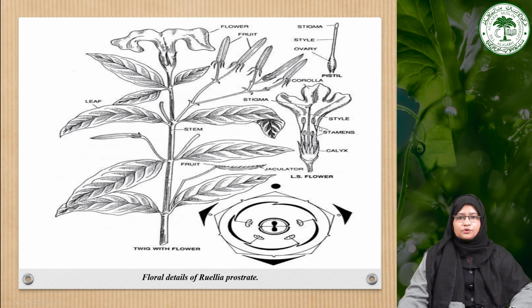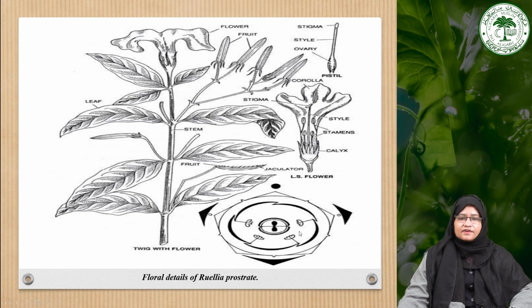Two stamens are larger in size, but two stamens are smaller in size. This is the didynamous condition. Then the gynoecium is formed by a bicarpellary syncarpous superior ovary and stigma, and you can see here the presence of bract and bracteole in this floral diagram of Ruellia prostrata, which has a calyx with valvate estivation,